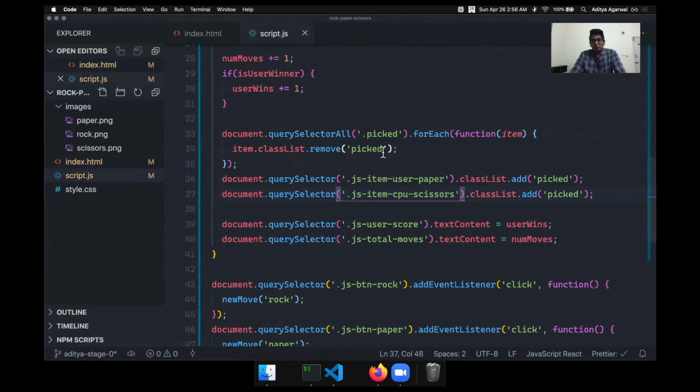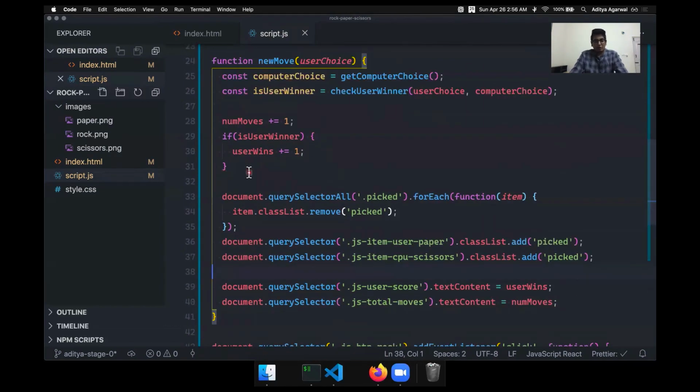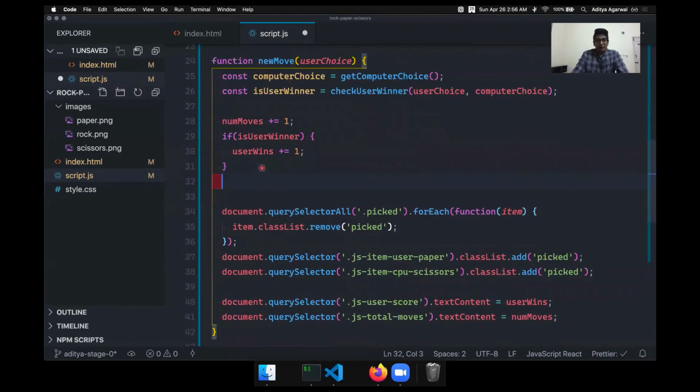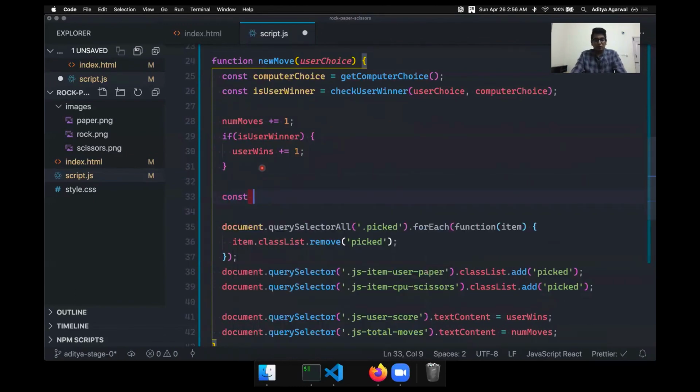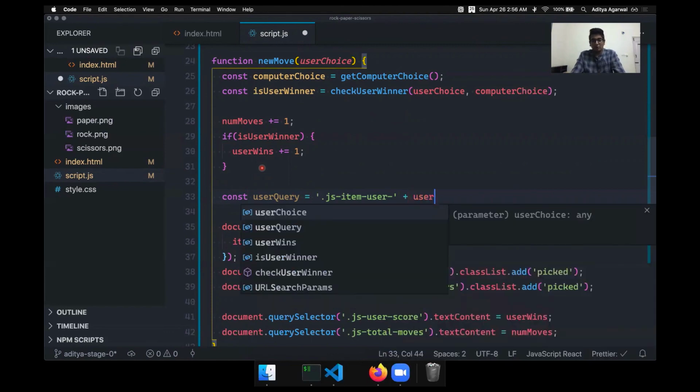Yeah, so now the last thing we need to do is that instead of hard coding these, we have to add a class to the node which the user actually clicked on. This is how you can do it. I'll say there's a variable user query, and the value of it is JS item user, and I'll add, so this is string concatenation, user choice.